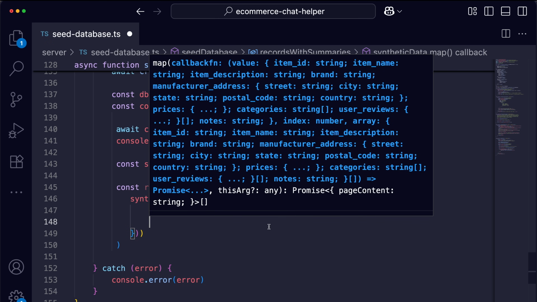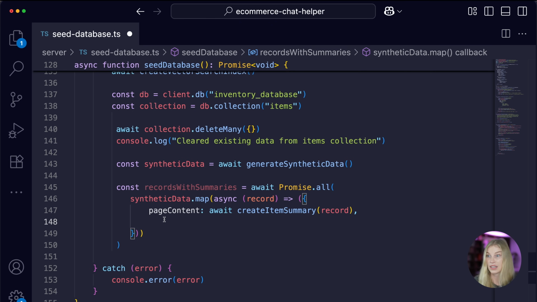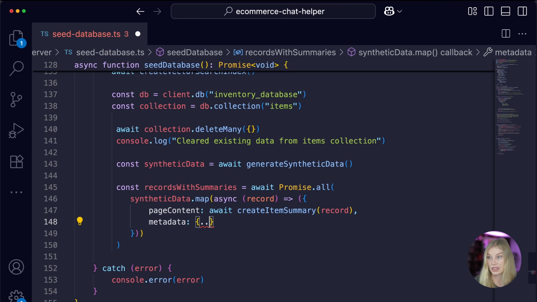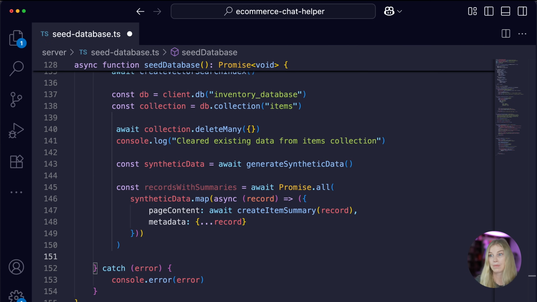So that creates searchable summaries, and then we're going to add metadata and then preserve the original item data as well using this. Okay,